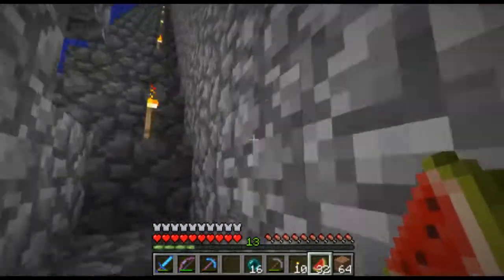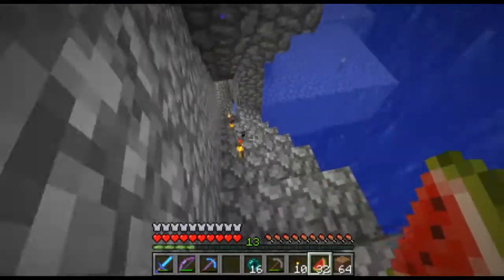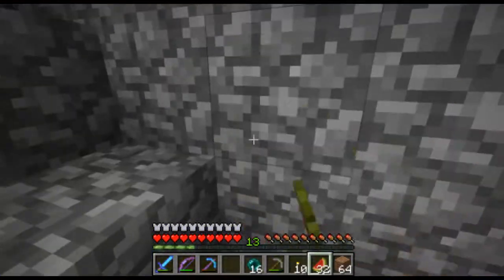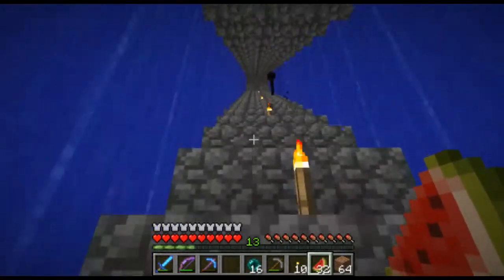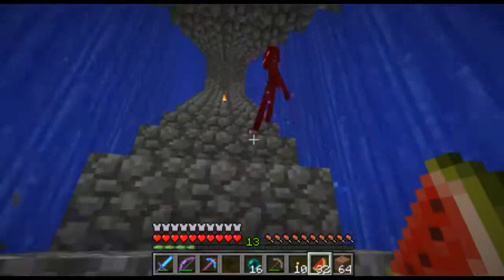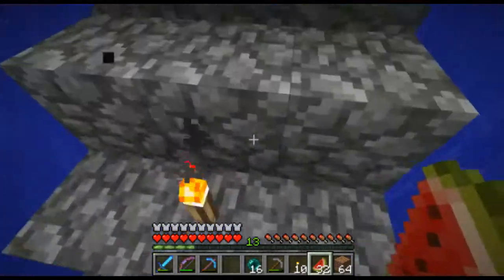But the one thing that needs to be done here is water needs to cover everything. And it doesn't work on the stairs because in order for you to traverse stairs, you need to have 3 blocks high. So the stairs are still vulnerable, as evidenced by this guy. But there's that, which is helpful. So the only other thing then is